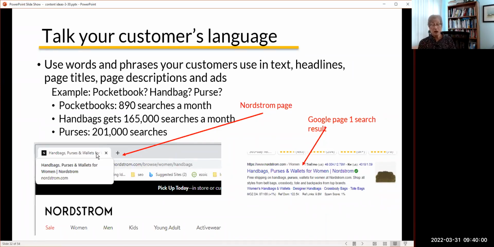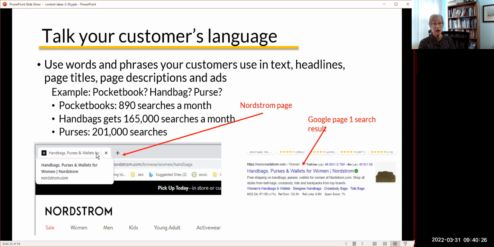The same thing, if I go out the door in the morning and I throw my glasses and my phone in something to take with me, I throw it in what I call a pocketbook. And if I were going to start a store selling pocketbooks, if I hadn't done any research, I would use the term pocketbook on all of my pages, leather pocketbooks, cloth pocketbooks, whatever.